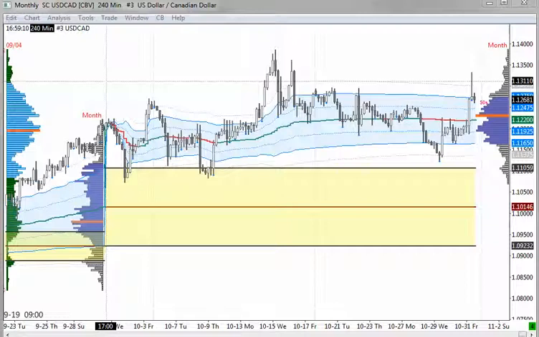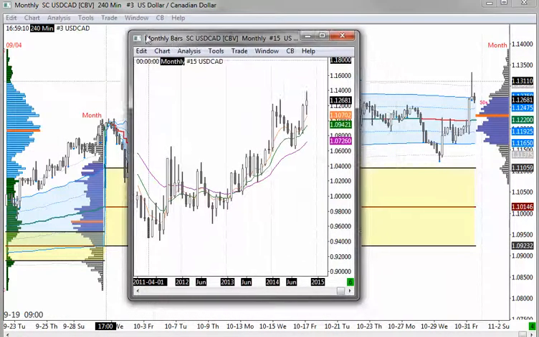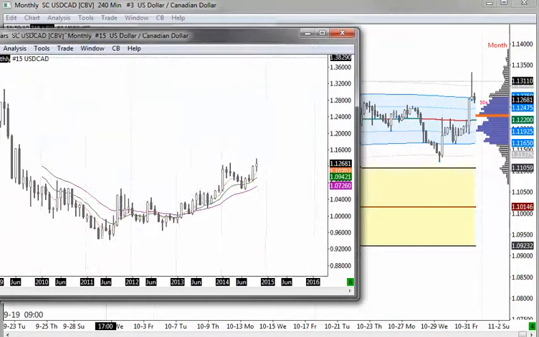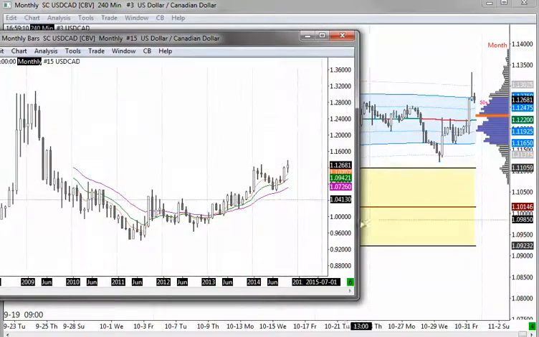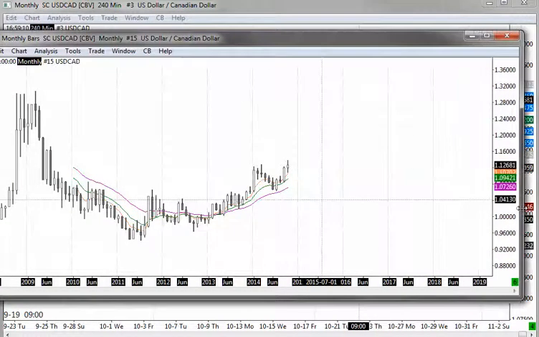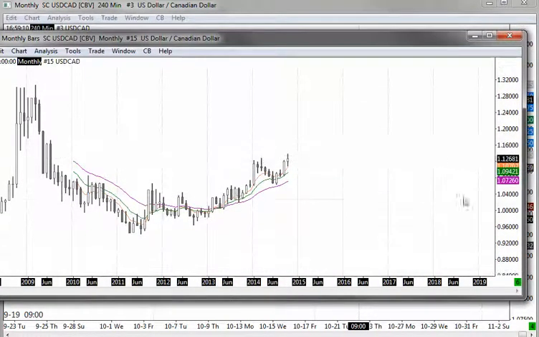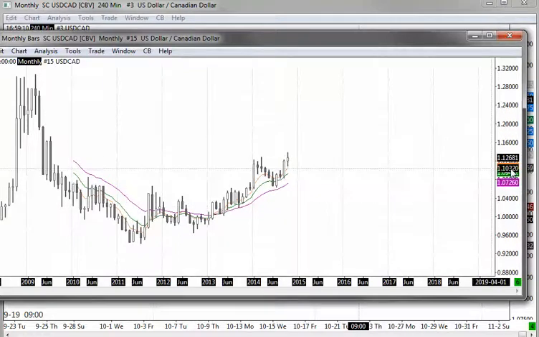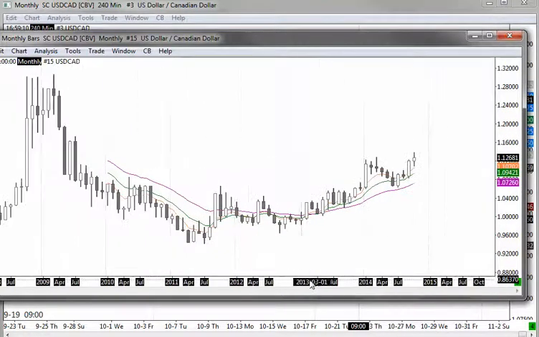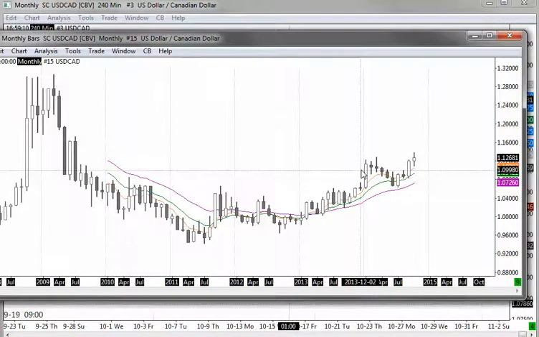What I'm going to do here is bring in the monthly chart for USDCAD. And this is what it looks like right here. So we are trading at the highs on the year. The high for the year was put in way back when, over here,